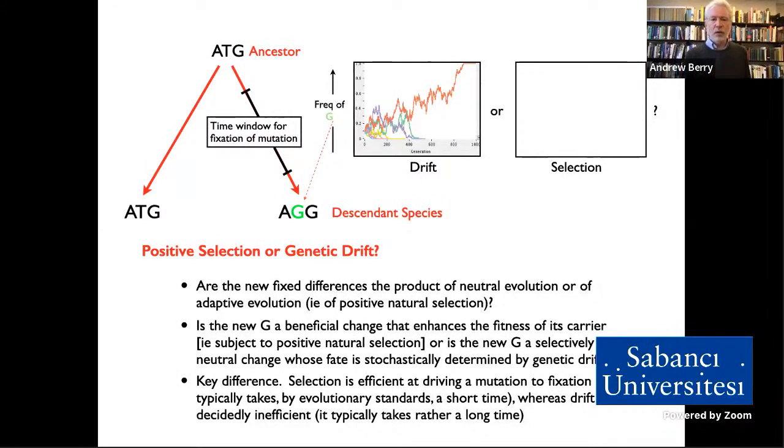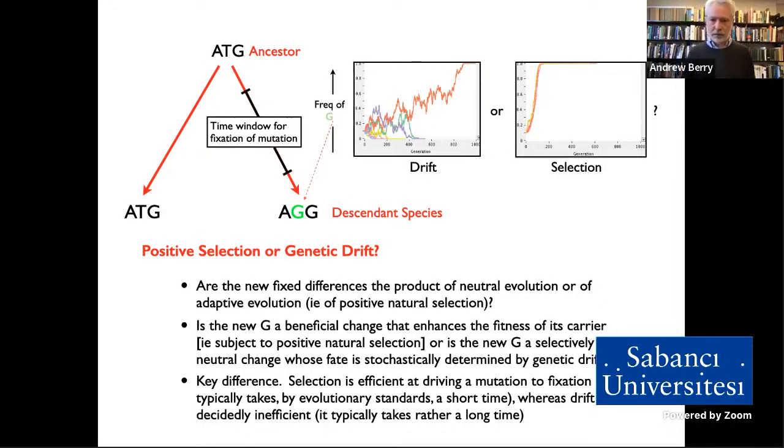So one way in which we can account for the green G is that it was a neutral process based on genetic drift. So this is entirely stochastic. Or, and this is where it gets interesting, it could be a deterministic process involving positive selection. And notice, and this is important, notice how much faster and more efficient, more directed, more deterministic the selective process is than the slow, clumsy, directionless drift-based process.